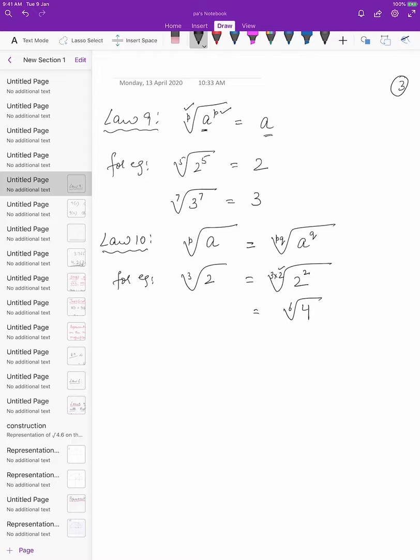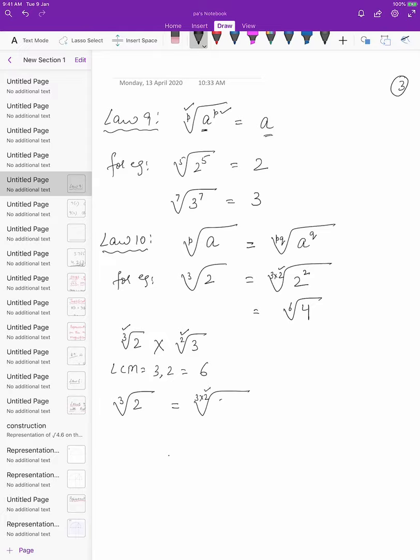Now let us see exactly where this law is actually used. If you remember, while doing the multiplication, cube root of 2 into square root of 3, if I have to multiply these two, then I told you the two irrational numbers can be multiplied only when their order of radical is the same. But here it is different. So what we do, first we find out the LCM of these two, that is equal to 6. So I want to make both of the orders equal to 6. So if I want to make it 6, I have to multiply 3 with 2, and the